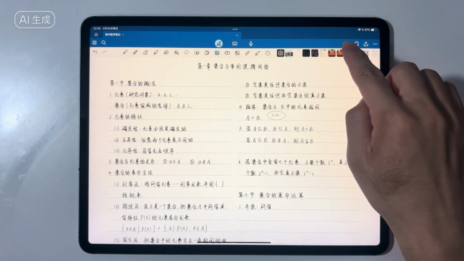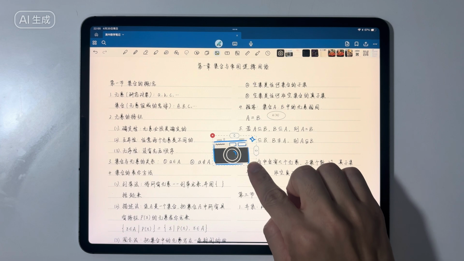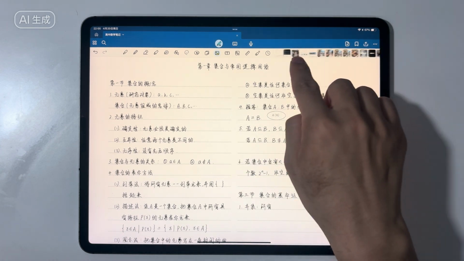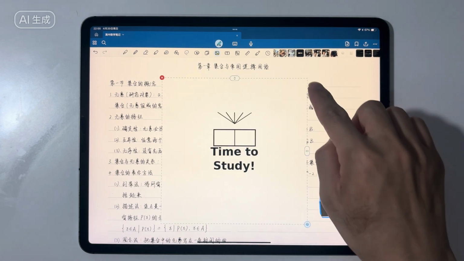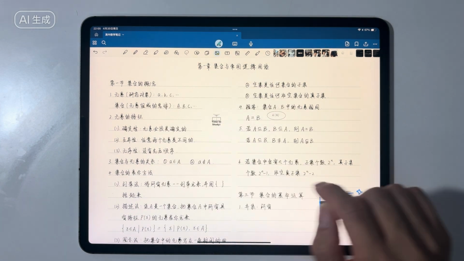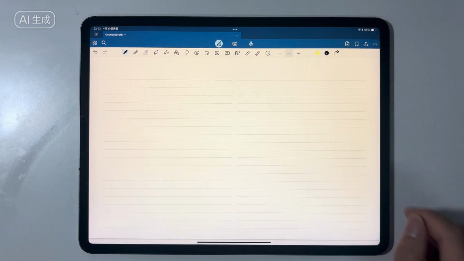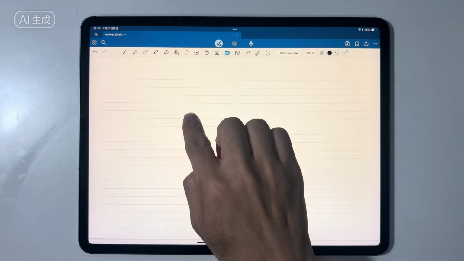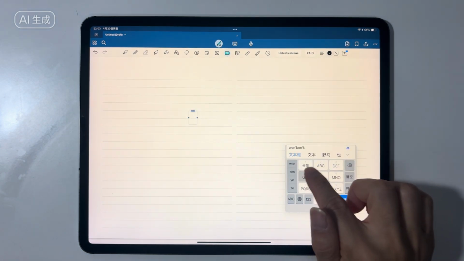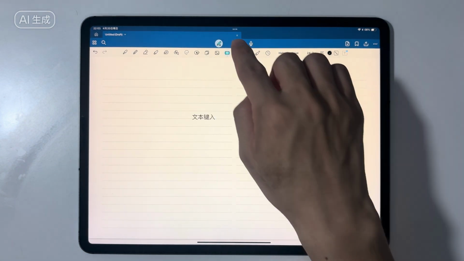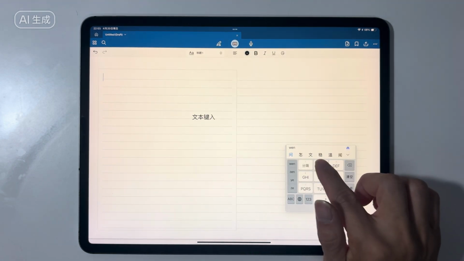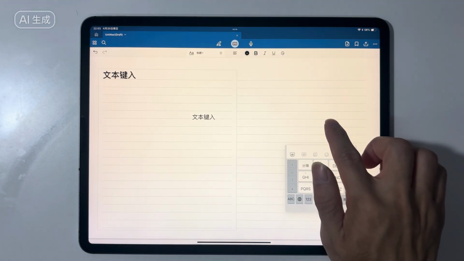11. Import multimedia. You can import various formats of media such as pictures, files, links, etc. to make the notes richer. 12. Text typing. Text typing includes floating text boxes and fixed text boxes. Floating text boxes can be typed anywhere on the page, and fixed text boxes can only start from the first